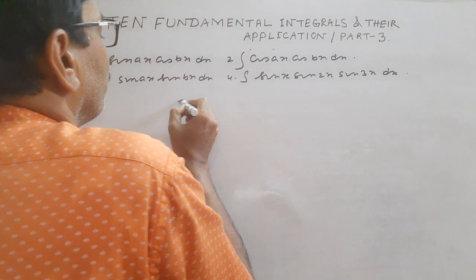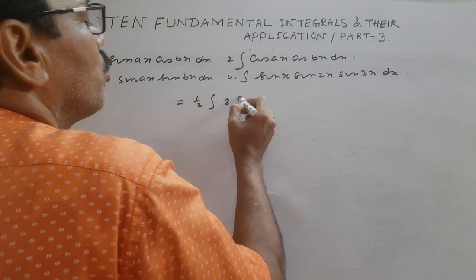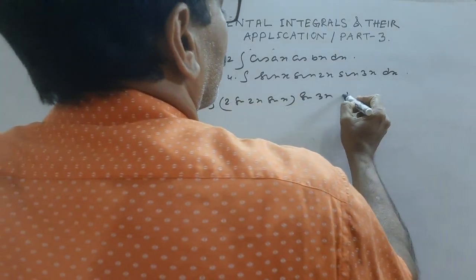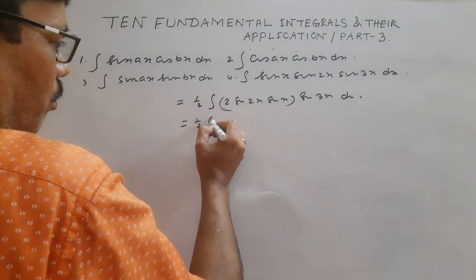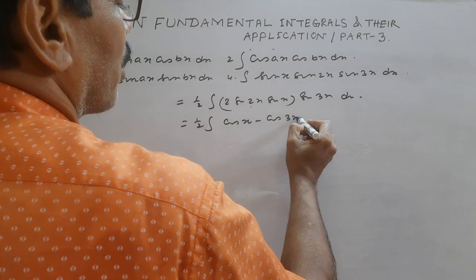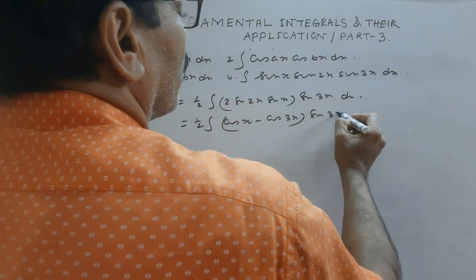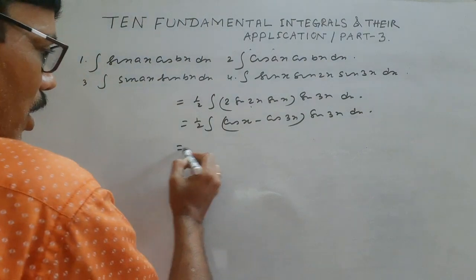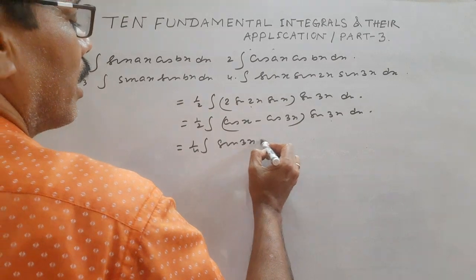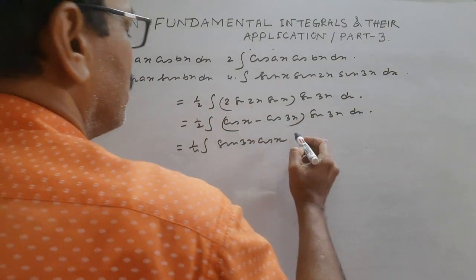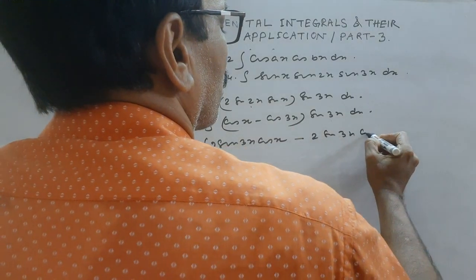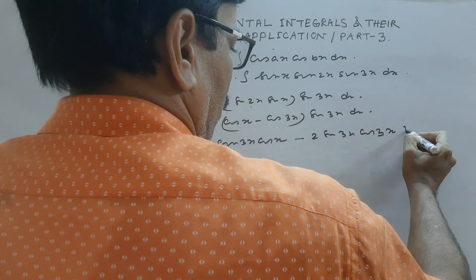So suppose 4. So half of 2 sin 2x into sin x, and this is sin 3x. So half of 2 sin a sin b, so cos (a minus b) minus cos (a plus b). Then sin 3x. Now it is again in product form. So 1 by 4. Take the greater angle first. Sin 3x, this 2, and this is 2 sin 3x cos 3x, and total.